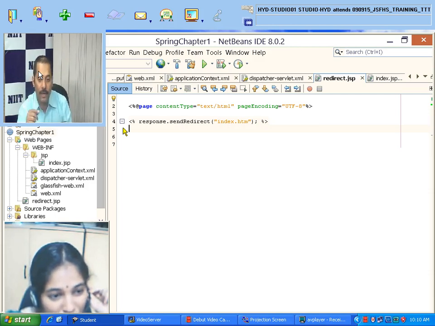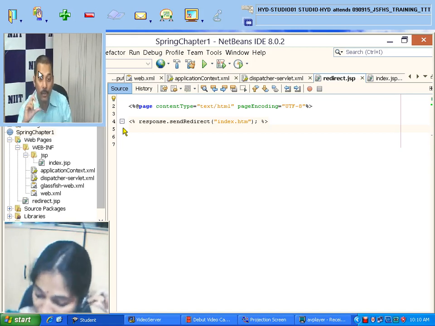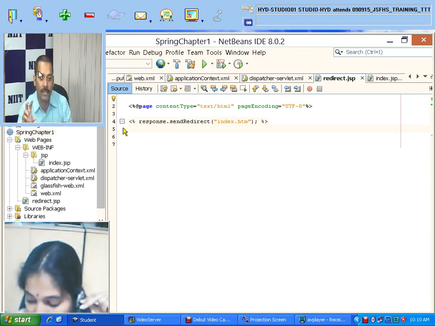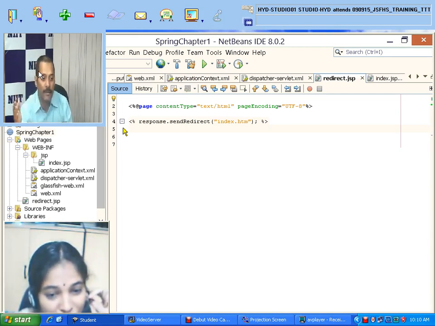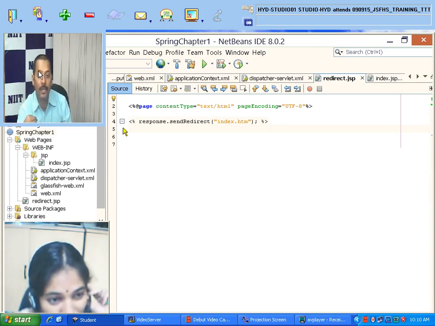So whenever you reload, that is response.redirect, then I said index.htm, it will go to the dispatcher servlet.xml file, which is the front controller, and it goes to the proper URL mapping. It goes to the index controller, and from that it will go to the proper view. So to implement an MVC based application, we are using all these things. So that tomorrow when I am developing a pure MVC based application in Spring, every view page should be associated with a controller, and only through that controller should it go.